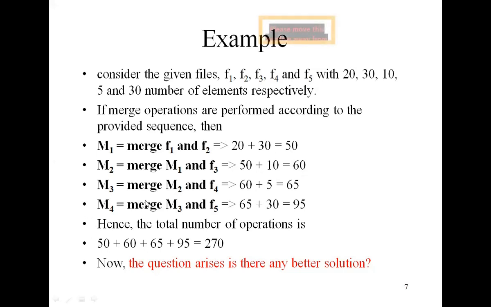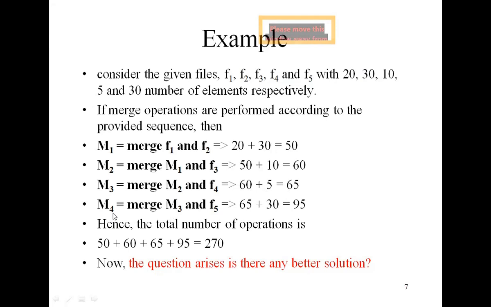Now M3, merge M2 and F4. You will get 60 plus 5, that is 65, since M2 already computed 60 moves of records, and F4 has 5 records. Now you are merging these two, you will get 65.